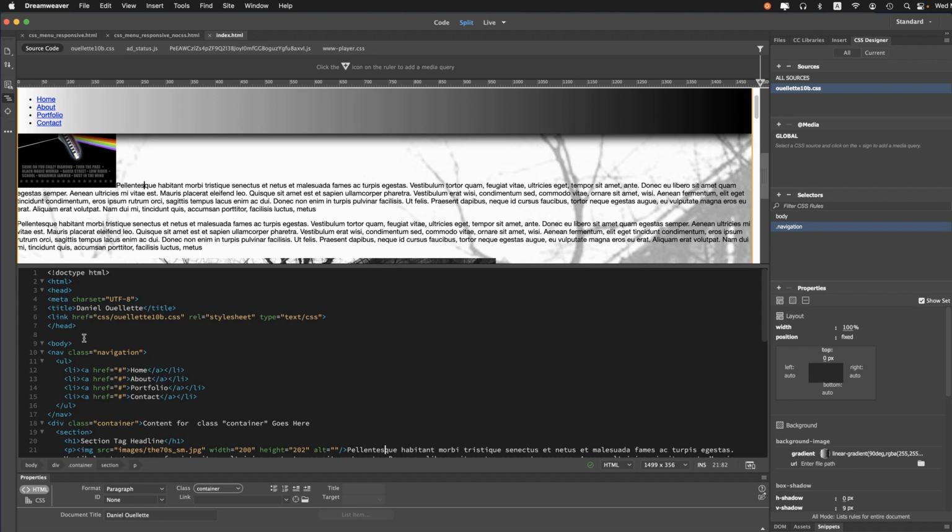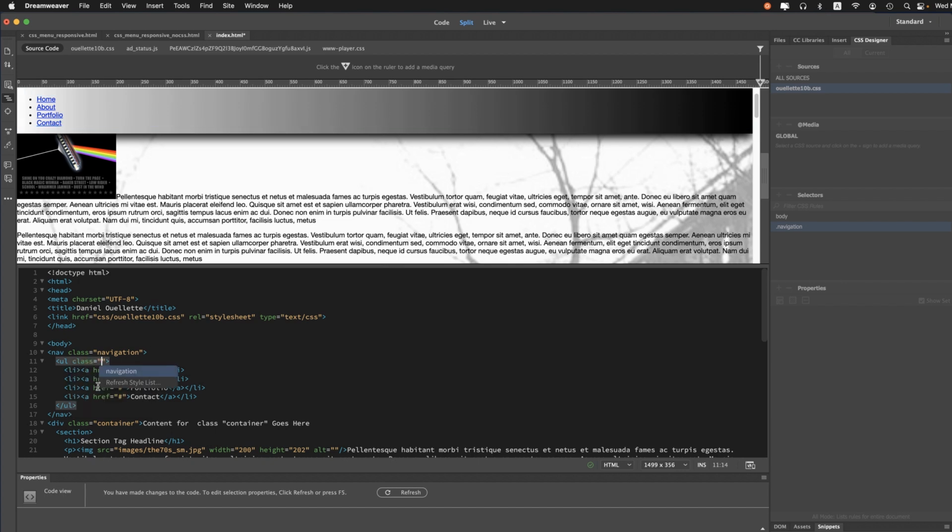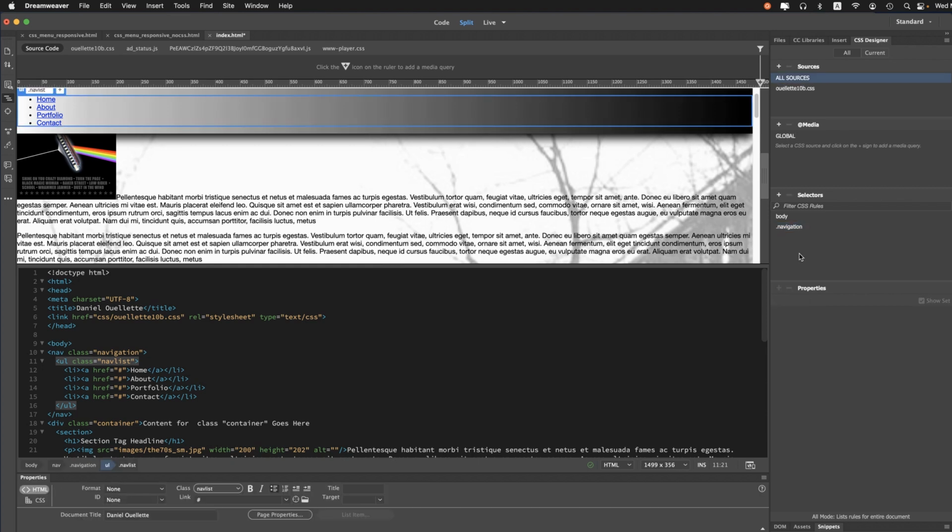So again, I'm going to initiate the class style inside of the code view here. And it's the opening list style that I want to affect. So I'm going to leave a space, class equals, and we'll just call this one nav list. All right, this is just for a couple of generic features for the most part. Okay, so it's declared here, but I still have to create it over here, and then the properties will attach